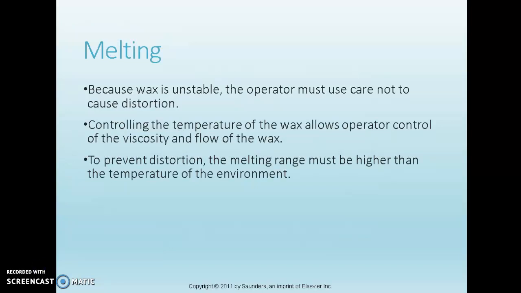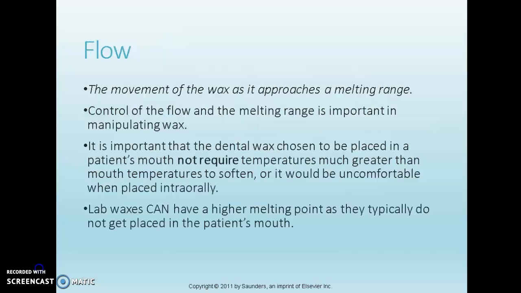Because wax is unstable, the operator, that's you, must use care not to cause distortion of whatever wax you are using and trying to record information with. So controlling the temperature of the wax will allow the operator control of the viscosity and then also the flow of the wax. To prevent distortion, the melting range must be higher than the temperature of the environment for which you're working. So the definition of flow is the movement of the wax as it approaches a melting range. Controlling the flow and the melting range is an important